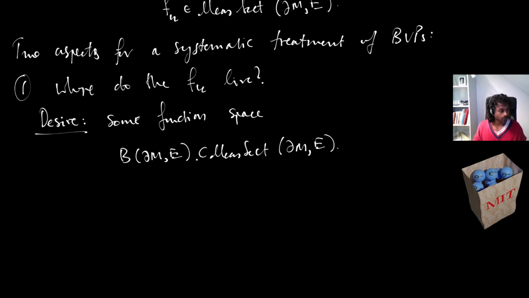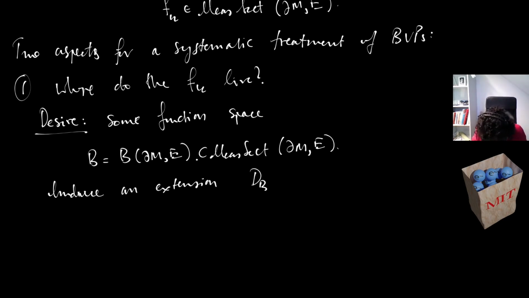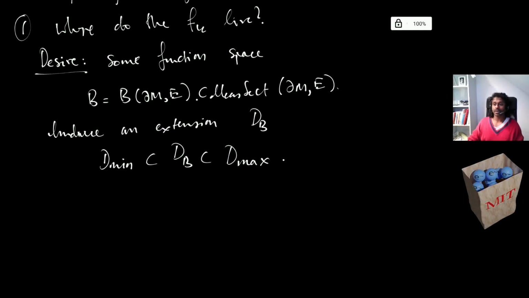And so what we wanted to do, so maybe I'll call this B equals this. And here's just to note that there are sections on the boundary. So what we wanted to do, we wanted to induce an extension dB, with the extension now sitting between dmin and dmax. Right, so once we understand where the fk live,